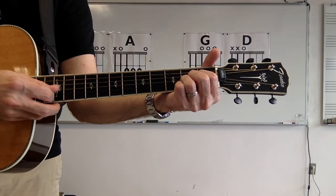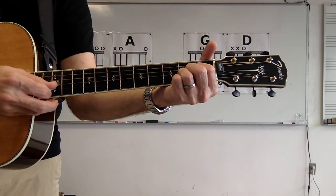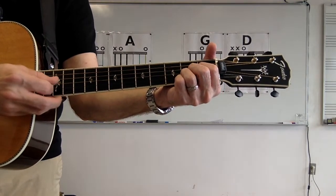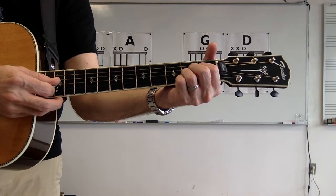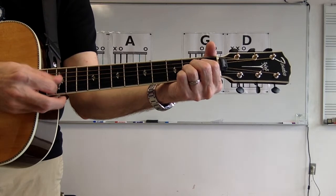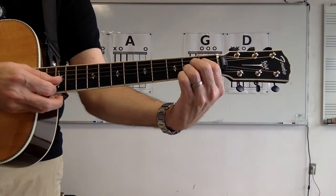And then the next string. And then the next string. Again, if you start to hear buzzes or weird pitch issues, press down a little harder. And once you're pressing down all the way,